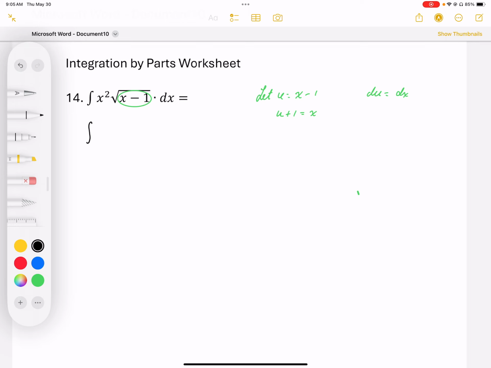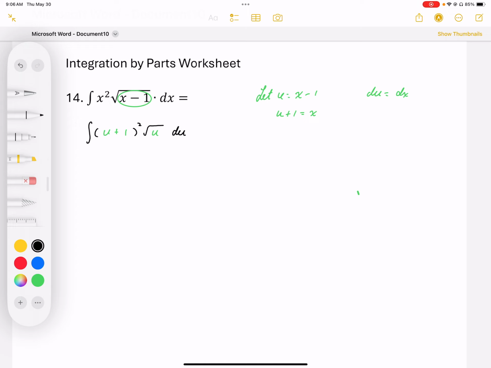So we're going to have our x squared, and we're going to replace that x squared with a u plus 1, and the square root part, we're going to replace that with u. Now that doesn't look very different, and sorry, dx is replaced by du. Now this doesn't look that much different, but it allows us to deal with the power much more easily,